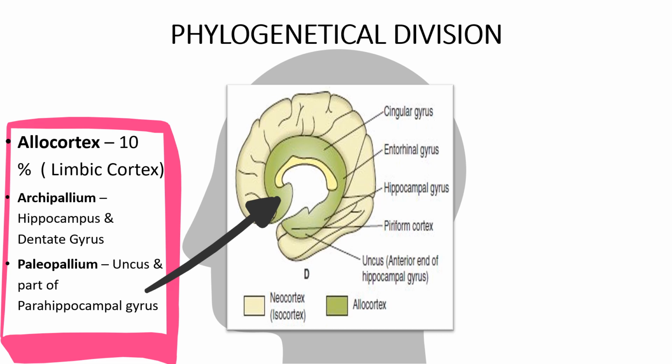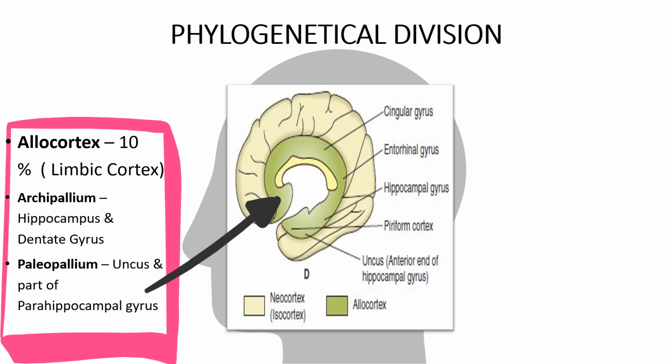And then the second one is the paleopallium, which is the old cortex. Here it includes the uncus and part of the parahippocampal gyrus, which belong to the piriform area of the olfactory